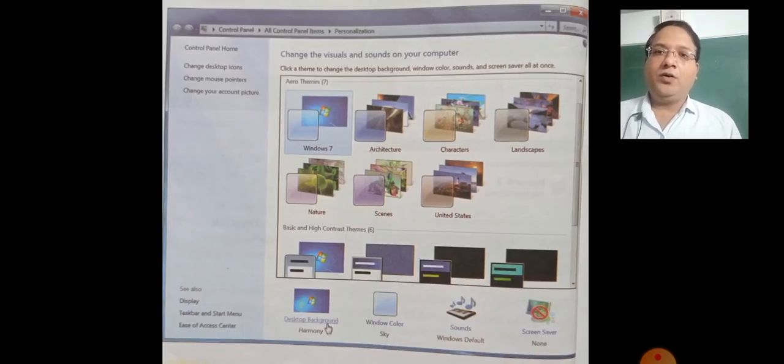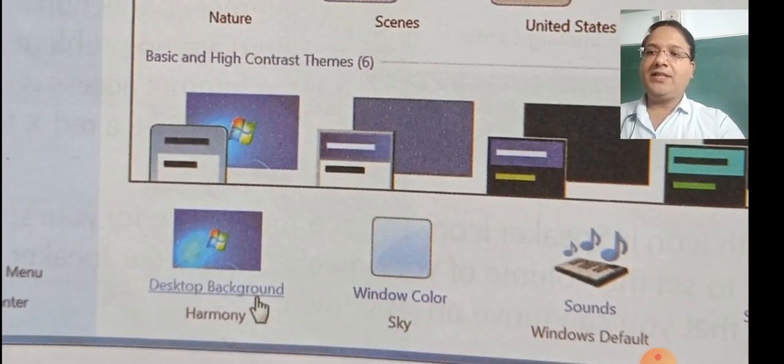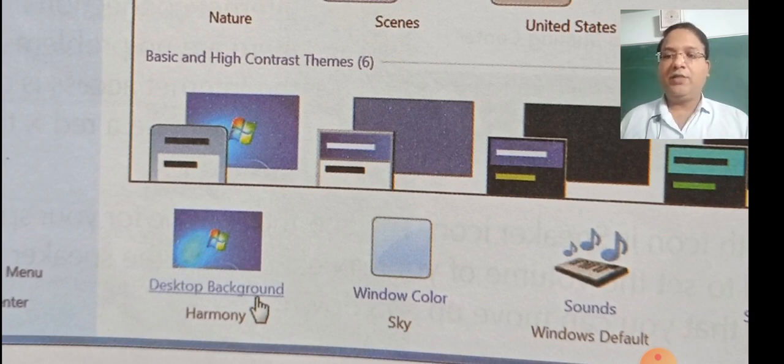So, when you click right by the mouse, then you will see the image like this. Here you can see the desktop background. The default desktop background is called Harmony.